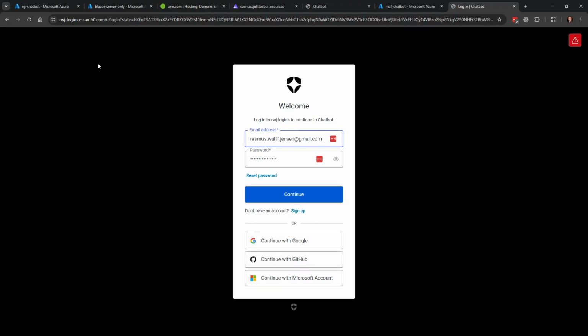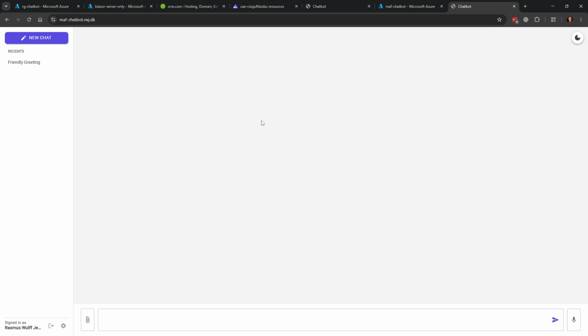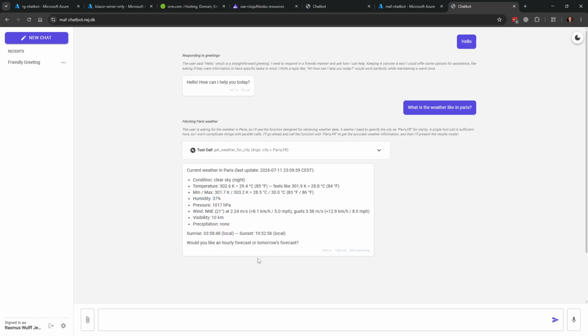Of course, when I did all this, we got some new URLs, custom domains, and so on. So I needed to go into Auth0 and the app settings for Entra and put in the new callback URLs, allowed callbacks. Else, of course, it didn't work. But that's just normal setup of identity providers. But I can log in. I already logged in with my GitHub here, so it just goes in directly and shows me the data. So that is all good and well, and we are up and running.